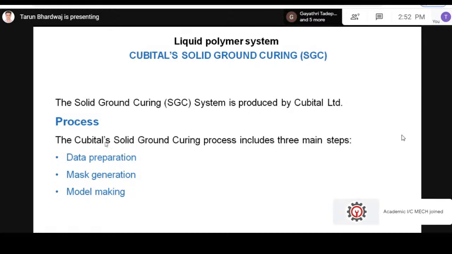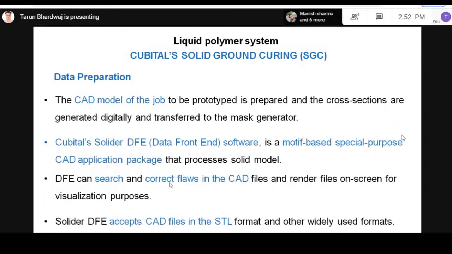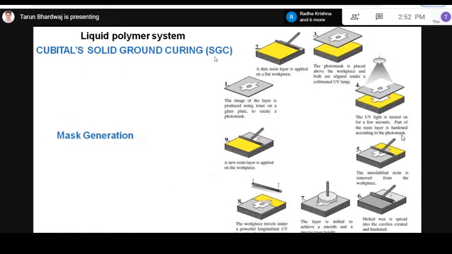As I told you, that process is data preparation, mask generation, and model making. These are the data preparation steps, and you can see over here the cycle followed by solid ground curing. The image of a layer is produced using toner on a glass plate to create a photo mask. So first of all, we create the photo mask, and then a thin resin layer is applied on a flat workpiece. Then after that,